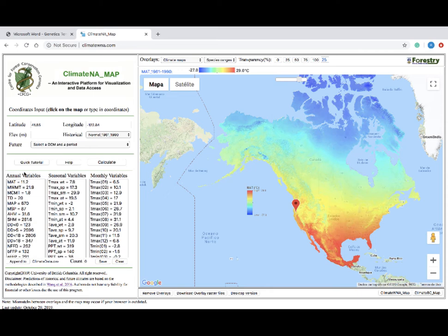You have all the annual variables in the left box, seasonal variables in the central box, and monthly variables in the right box. You will notice that some variables will be slightly different from the information you have in the project instructions. This is because now we are not using elevation to calculate climatic variables. So for your project, feel free to use either the information provided in the instructions or the information you generated